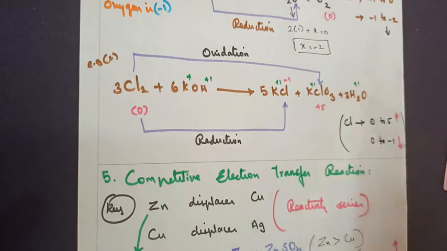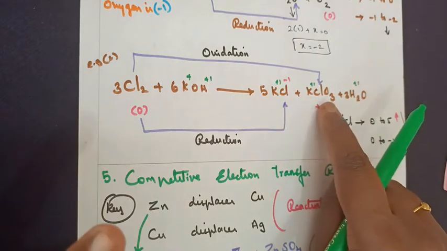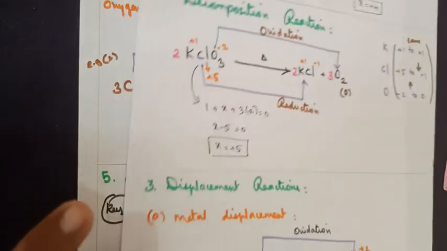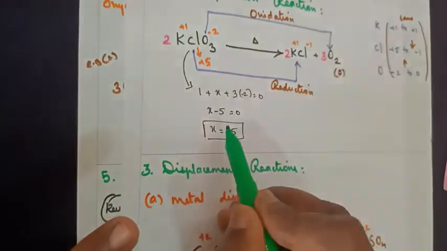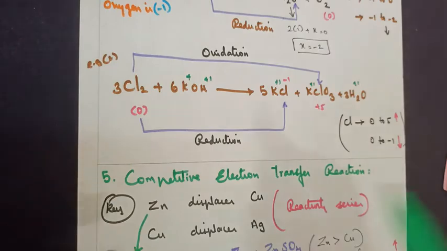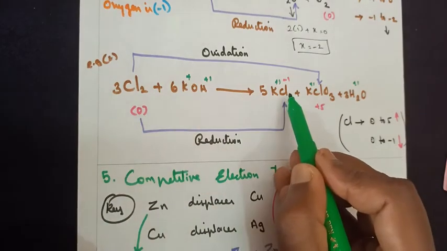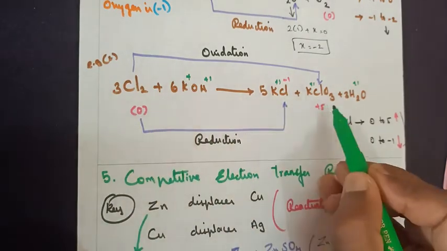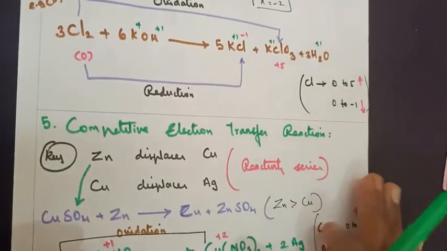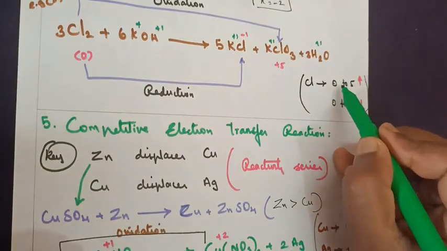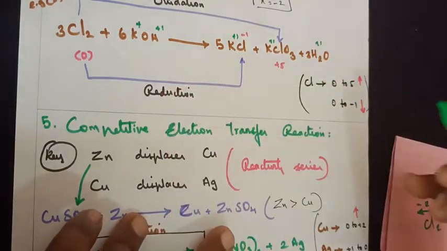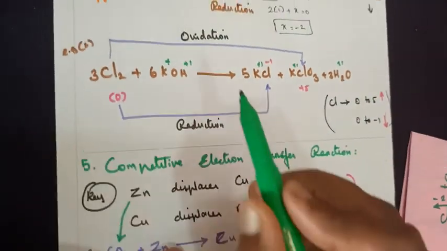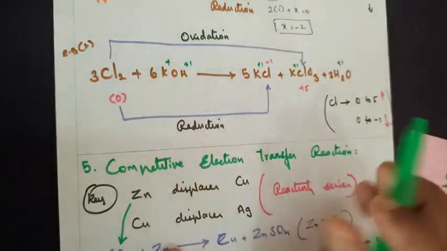If you look at it, we have already calculated the charge of chlorine in the very first question to be +5 here. In KClO3, the charge of chlorine is +5. So from 0, it's reaching -1, and from 0, it's reaching +5. As usual, based on the category, 0 to +5 is moving towards your right, an increase in the oxidation number, hence it undergoes oxidation.